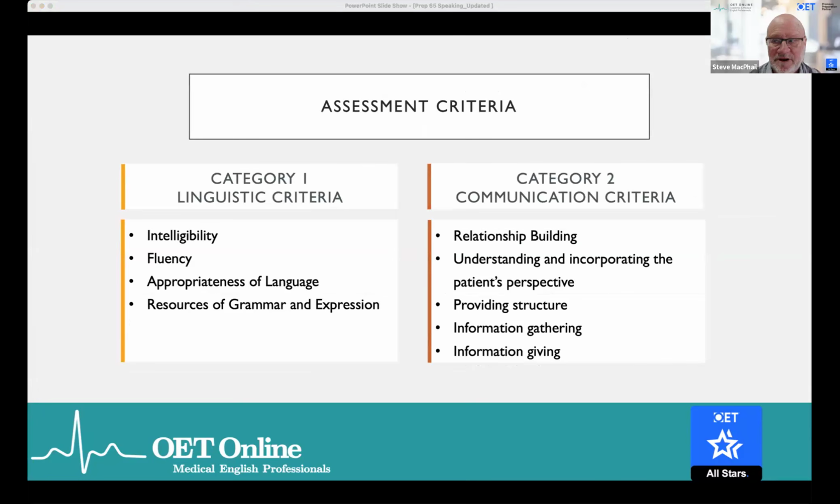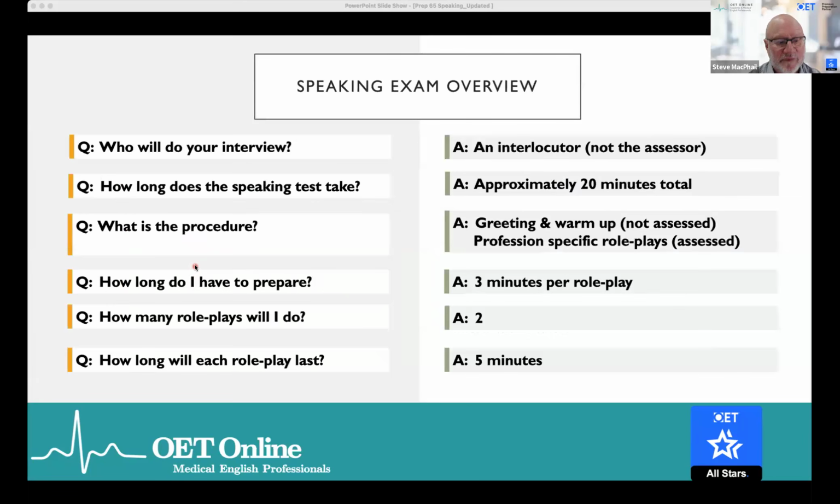So in terms of assessment criteria, there's 2 categories. One is the linguistic criteria, and that's the same in many language exams. You're being assessed on your intelligibility, which is another way to say pronunciation, how clear and how well you pronounce words and the natural rhythm there. Then we've got